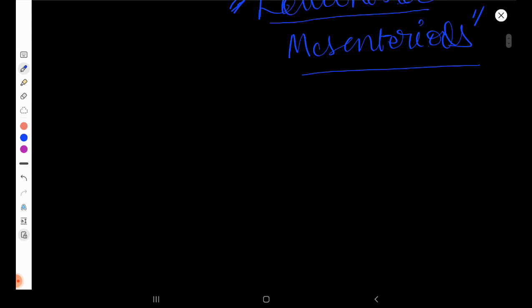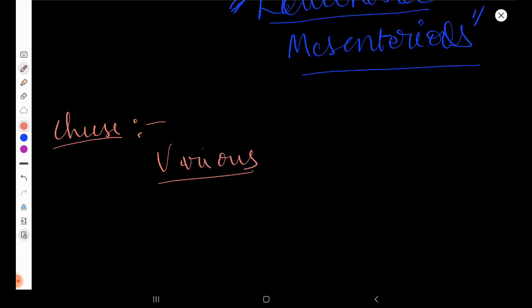Now today's second use that we'll be learning about is the cheese making process. Hope you all like eating cheese. Yes, this cheese is also prepared using a fungus. We have various types of cheese, guys. Cheese is of various types based on their origin,